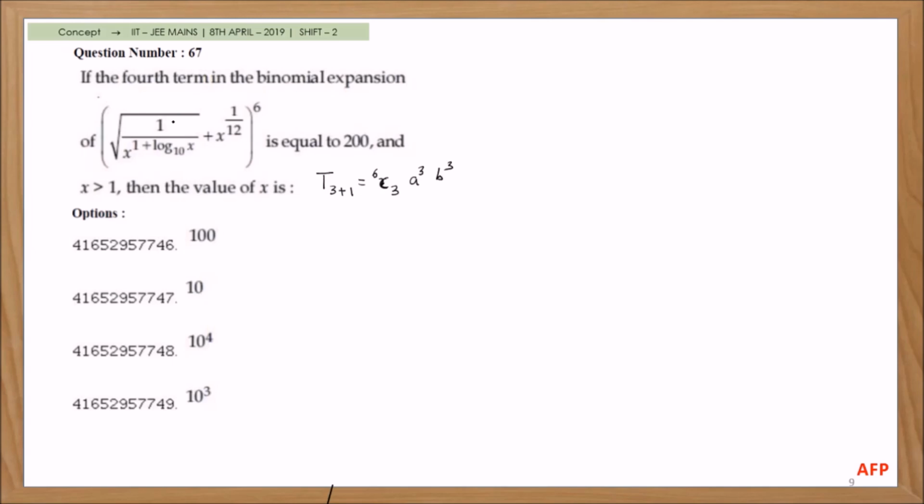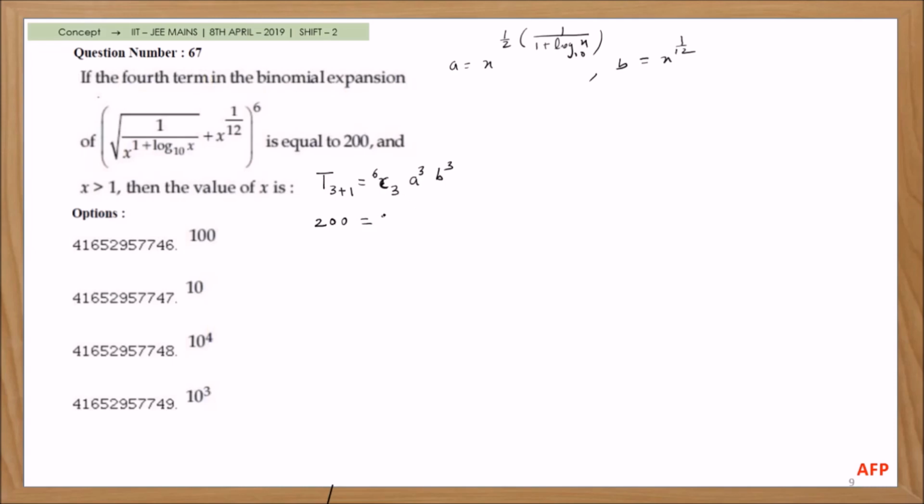So what is a here? a is equal to x raised to 1 by 2 times 1 divided by 1 plus log of x to the base 10. And what is b here? b is x raised to 1 by 12. So here you can write the fourth term, 200, is equal to,